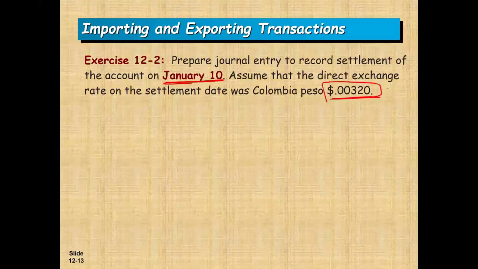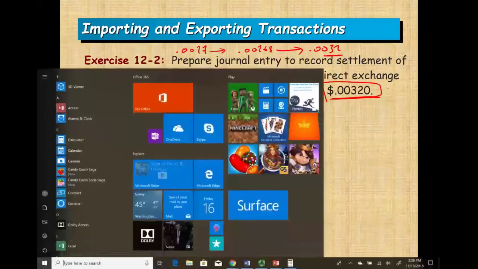What happened now? Well, here's what happened. The rate started at 0.0027. Then the direct exchange became 0.00268. So the US dollar strengthened. Then by the settlement date, the US dollar weakened. Now we need 0.0032. The US dollar weakened. Now, if you want the indirect exchange, in case you are wondering what the indirect exchange is,